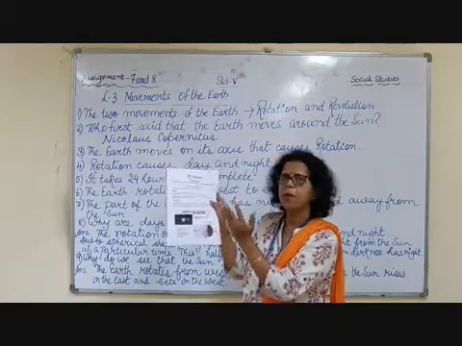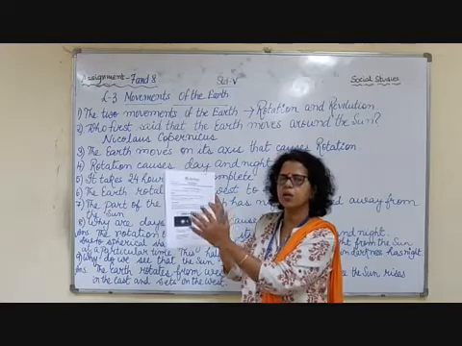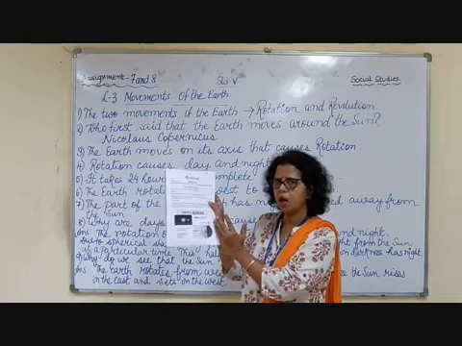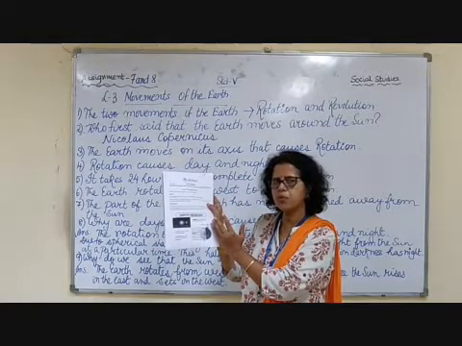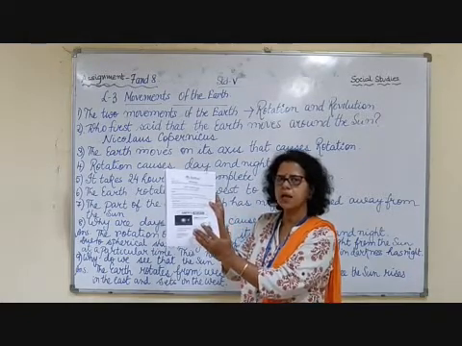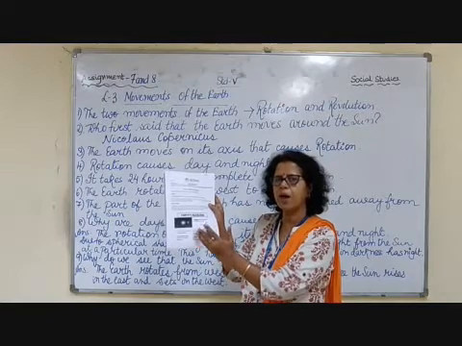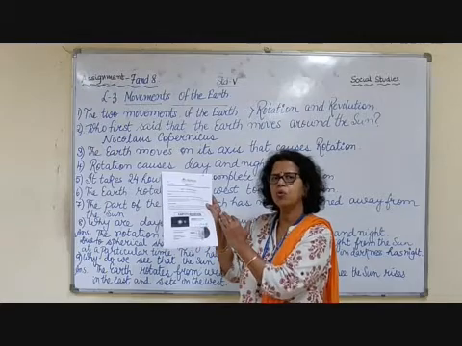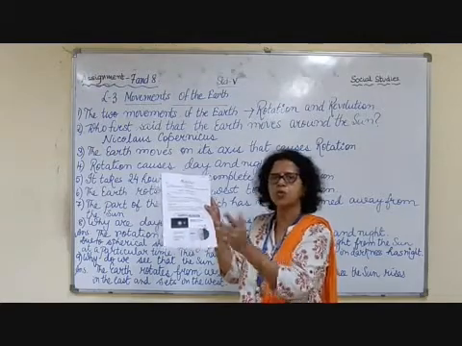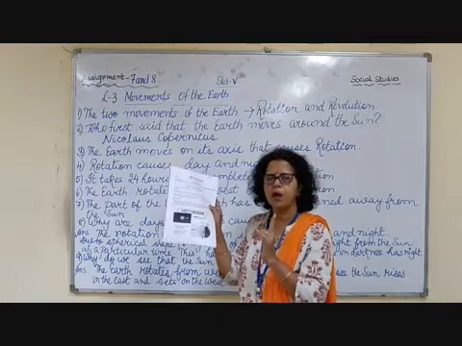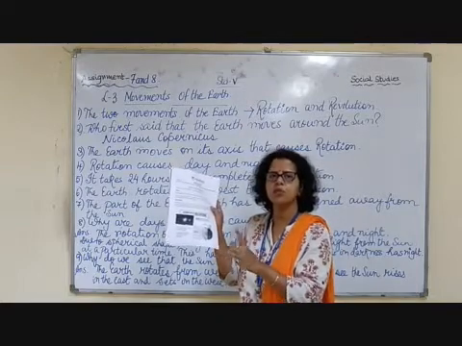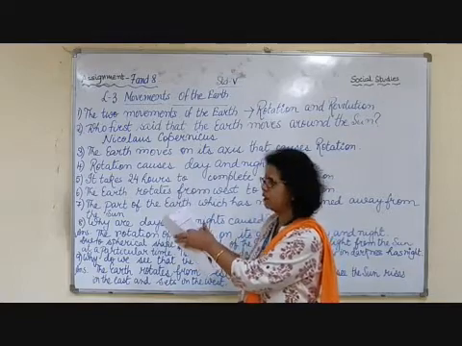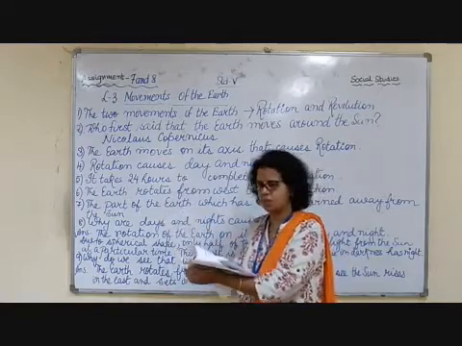But it is not in one place. The Earth is rotating, so this part will again go to the other portion, and the part which was in darkness will get the sunlight and have daytime, and the part which had got the sun rays will go to the other side. So this is how it is rotating, and it rotates one time in 24 hours, which causes day and night. And the earth is spinning on its axis.